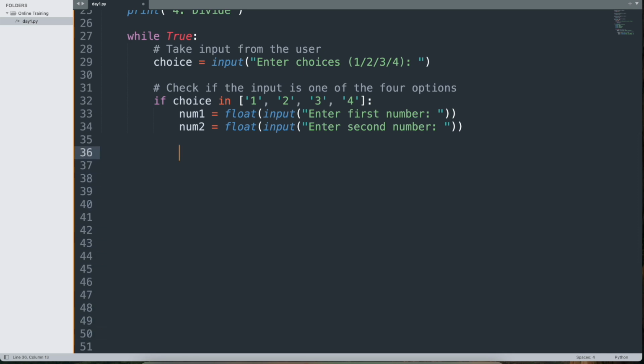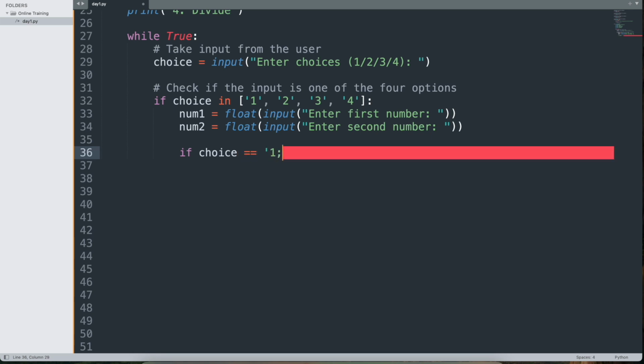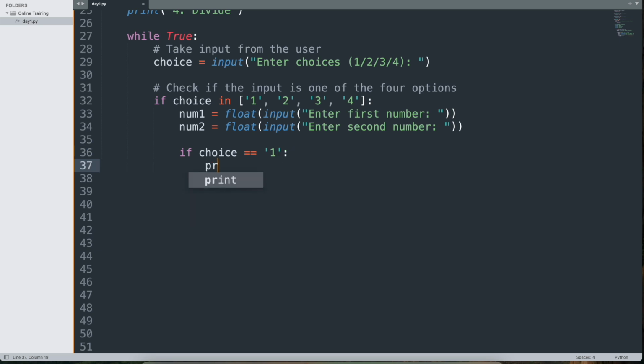I will check what the user has selected. For example, if the user selected 1, which means addition, then I will print, using an f-string, number 1 plus number 2, whatever the user provided. I want to call the add function that we wrote earlier above and provide number 1 and